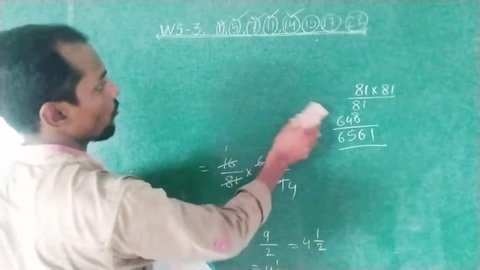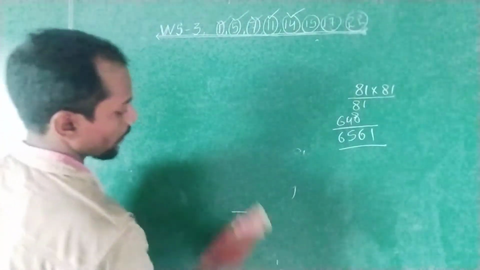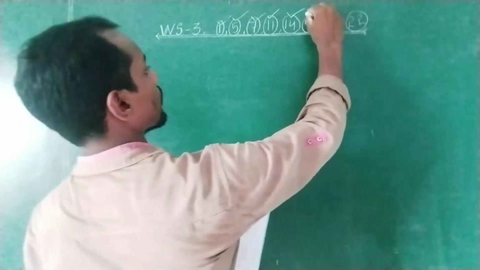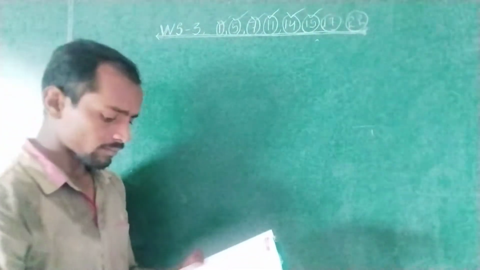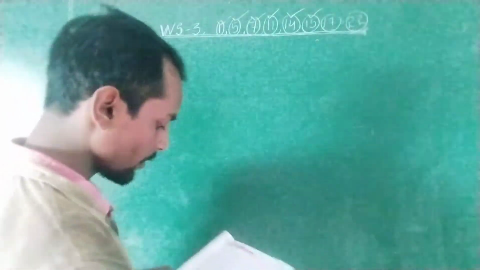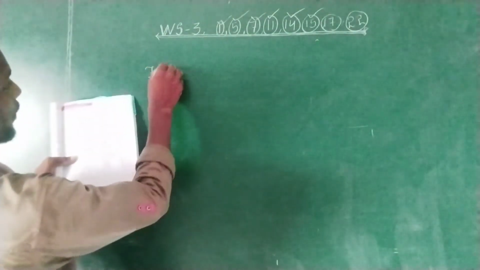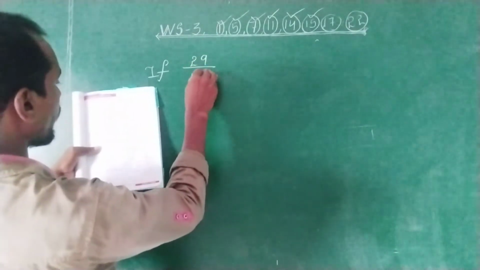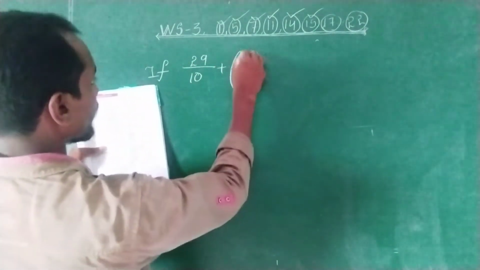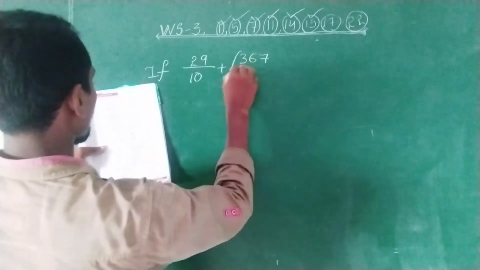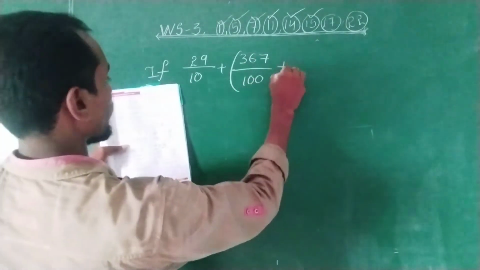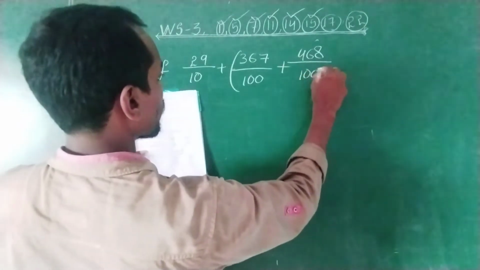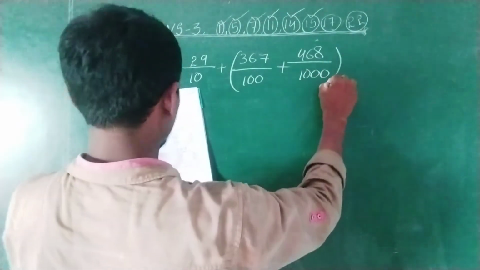Question number 15 is also completed. Let us discuss the 17th one. Simplify that. If 29 by 10 plus 367 by 100 plus 468 by 1000